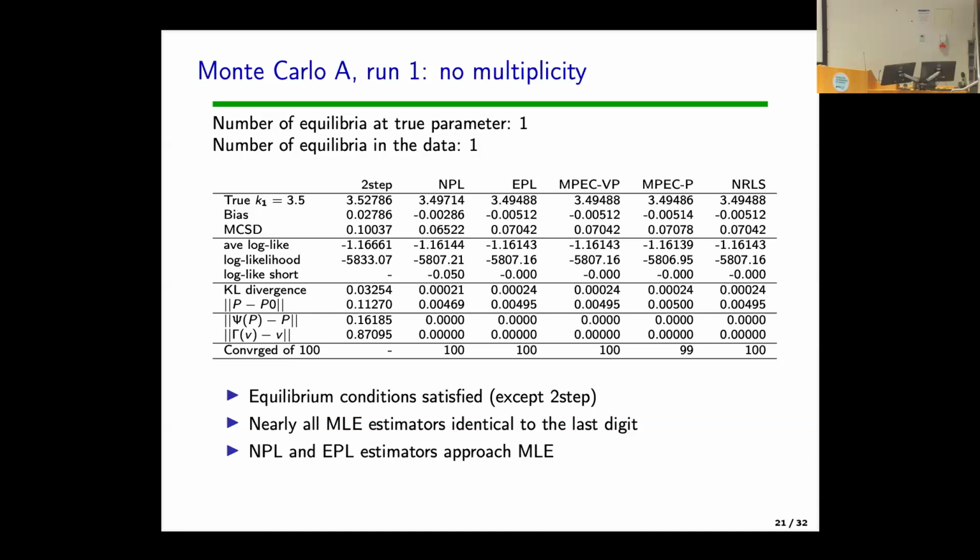Let's just go through them one by one. Here's the true value of the parameter, supposed to be 3.5. That pretty much nails it, right? And here's the bias, and this is the Monte Carlo standard deviation. All of this over here is NPL, two versions, and NFXP. This is maximum likelihood. So we expect the standard errors should be smaller, and they are. So that's the simple case.